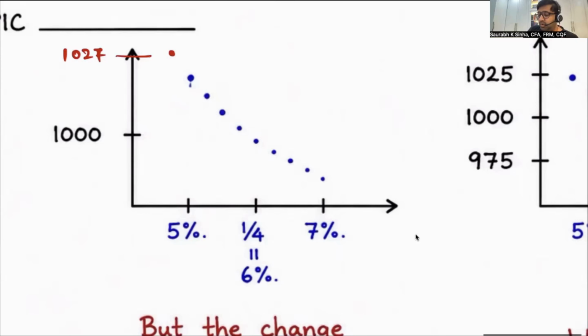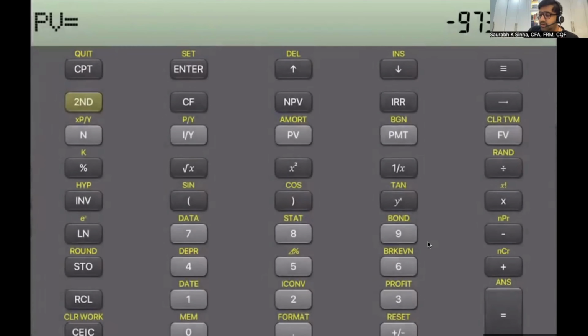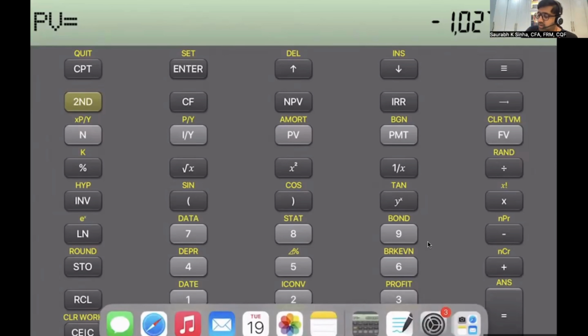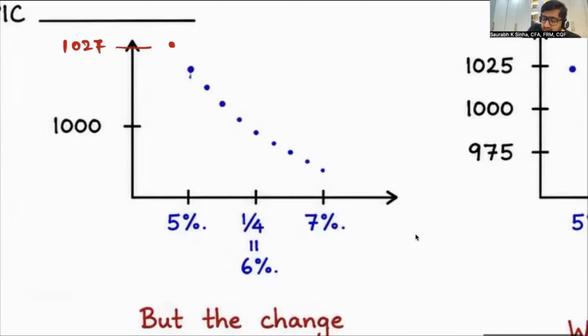And if you really want to know the exact value, let's calculate it. 5 I/Y, compute PV: 1027.23. This is the new value of the bond. However, if the interest rate increases by 1%, here the fall is of 1%, here the increase of interest rate of 1%, then the new value of the bond is